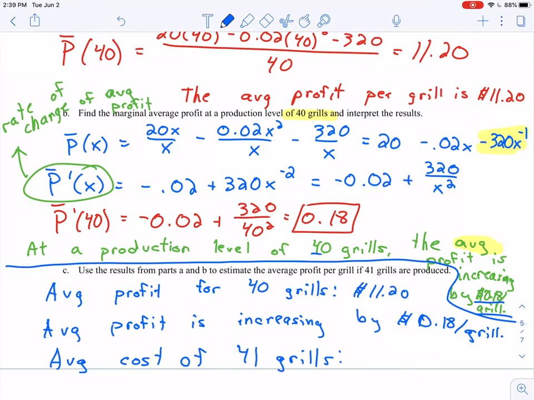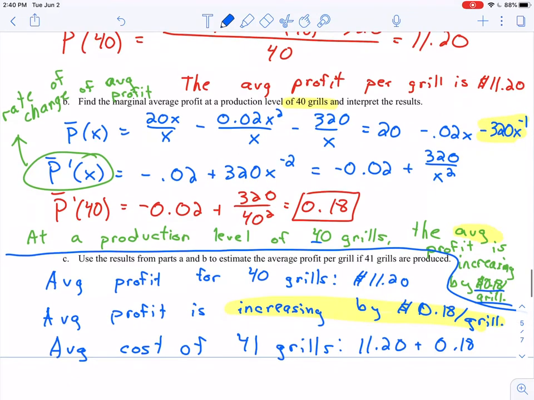Well, how much is my profit changing by? Well, it's increasing by 18 cents per grill. So I'm going to take my baseline average profit of $11.20 and add on my 18 cents that my average profit is increasing by. So $11.20 plus 18 cents,